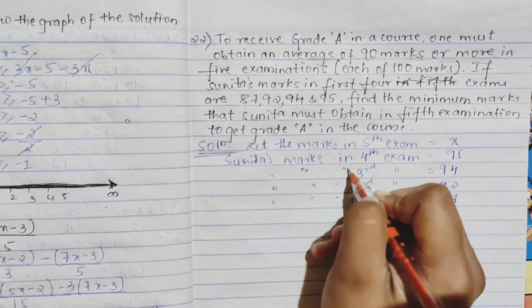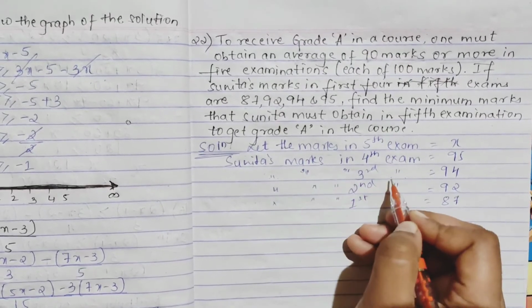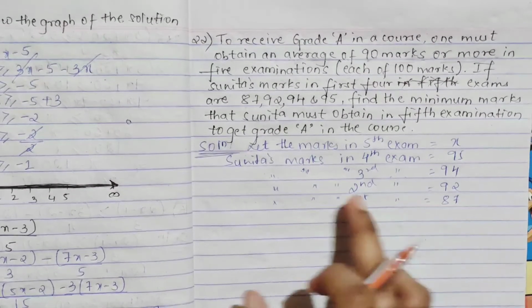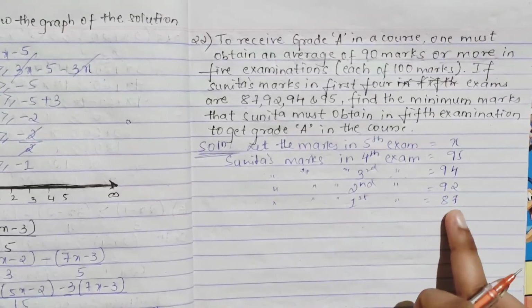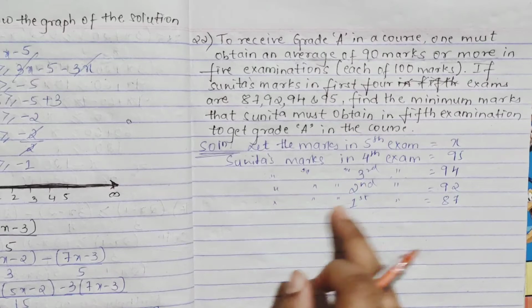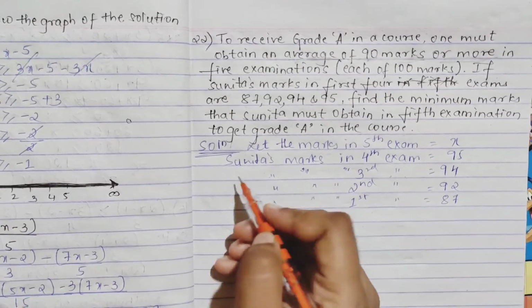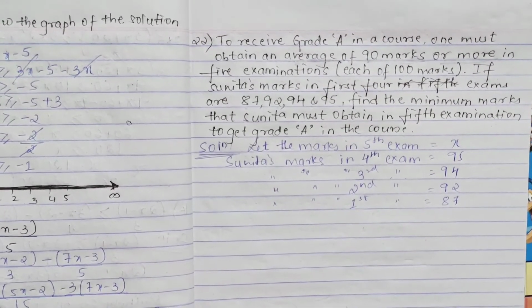You just write the full sentence. Don't mark like how I have marked, I am just explaining to you. So in the 3rd exam it is 94, in the 2nd exam 92, and in your first it is 87. If you do like this in your examination, you won't get marks. So write fully, Sunita's marks in 3rd. So what they are telling now,